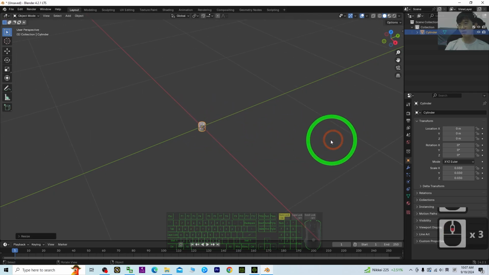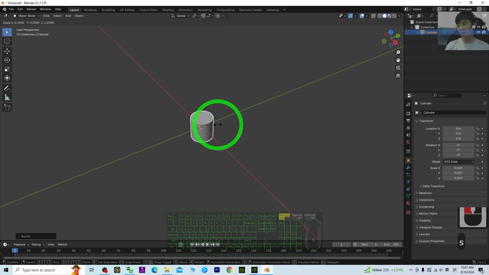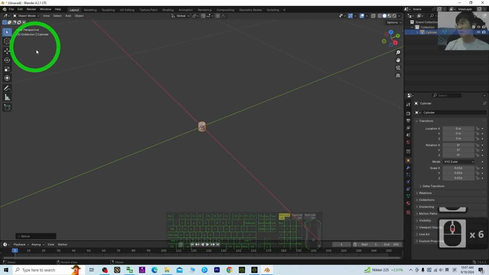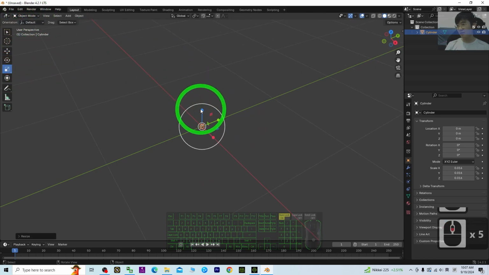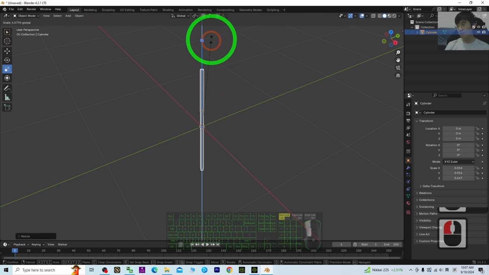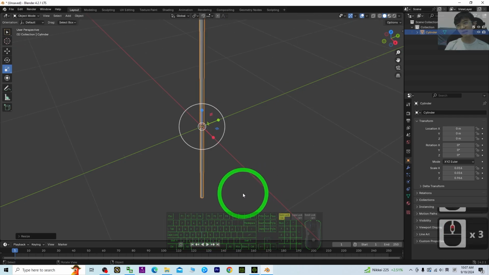Now, alright, so for this, I'm going to just scale it in this way. Then I will just scale it to make it become a rod. Alright, once done this step,